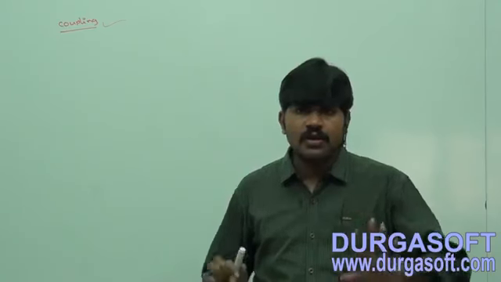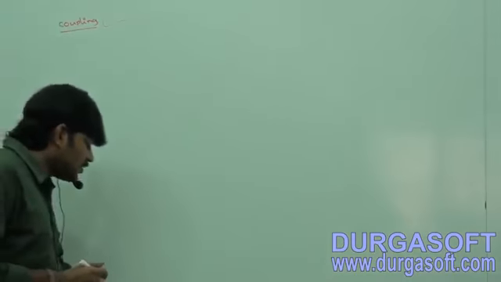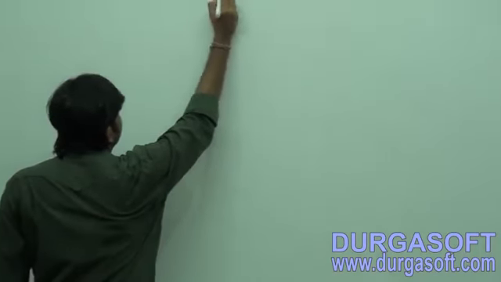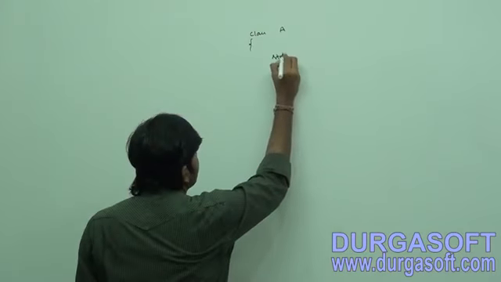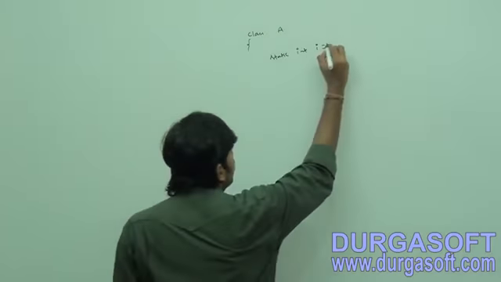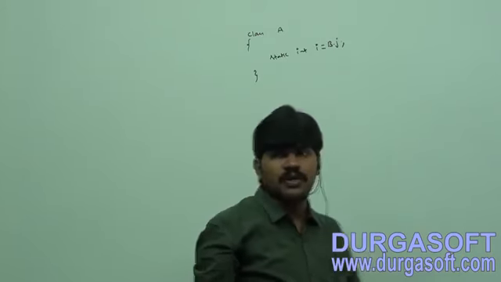So what is coupling? What is tightly coupling? What is loosely coupling? Clear, right? Now let me take a simple example. Between tightly coupling and loosely coupling, which is a good programming practice? Here, just observe. I am taking a simple example: class A. Here I am taking one static variable, static int i. The value of i is b.j. Static int i is equal to b.j.